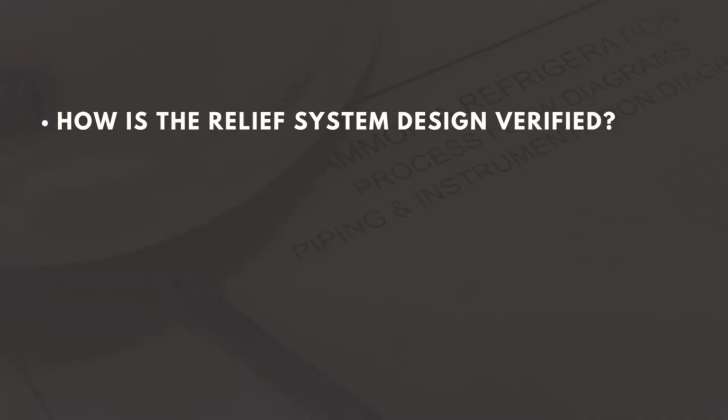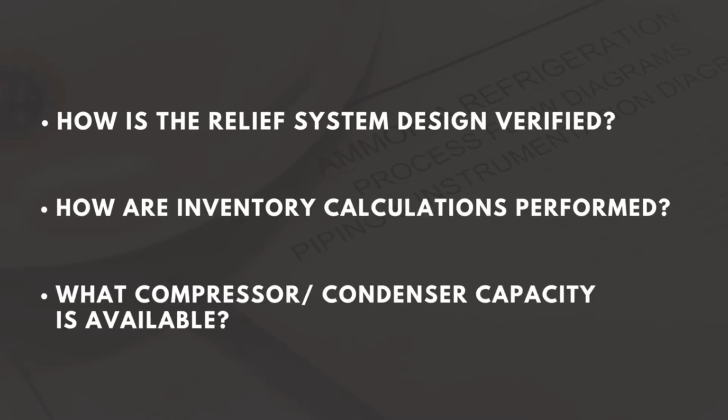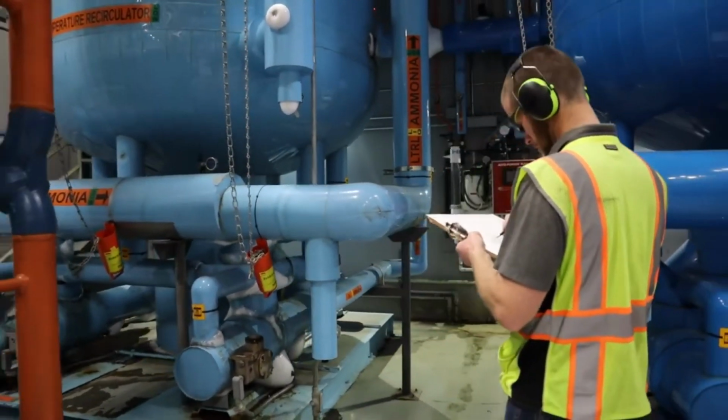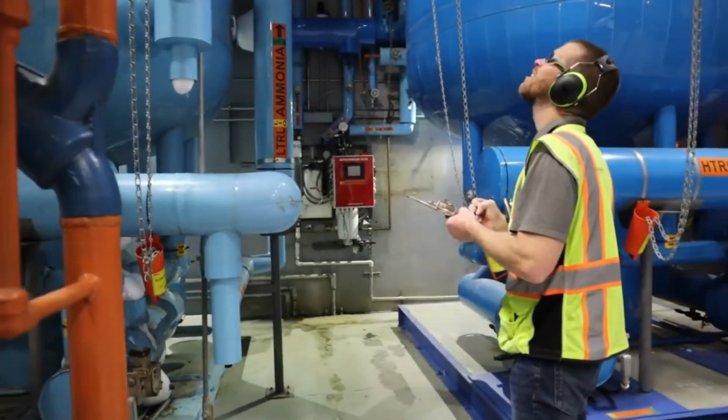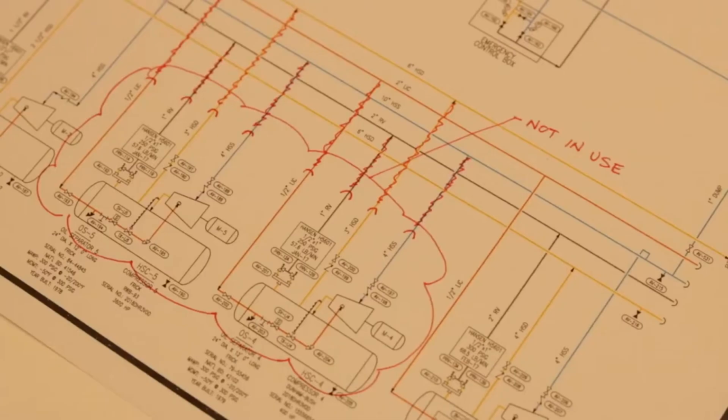How is the relief system design verified? How are the inventory calculations performed? What compressor-condenser capacity is available? Oftentimes, these questions can be answered in part by examining the P&IDs. If your system P&IDs are accurate, there is a high likelihood that your process safety information will be in good shape. On the other hand, if your P&IDs are incorrect, your process safety information is almost guaranteed to be riddled